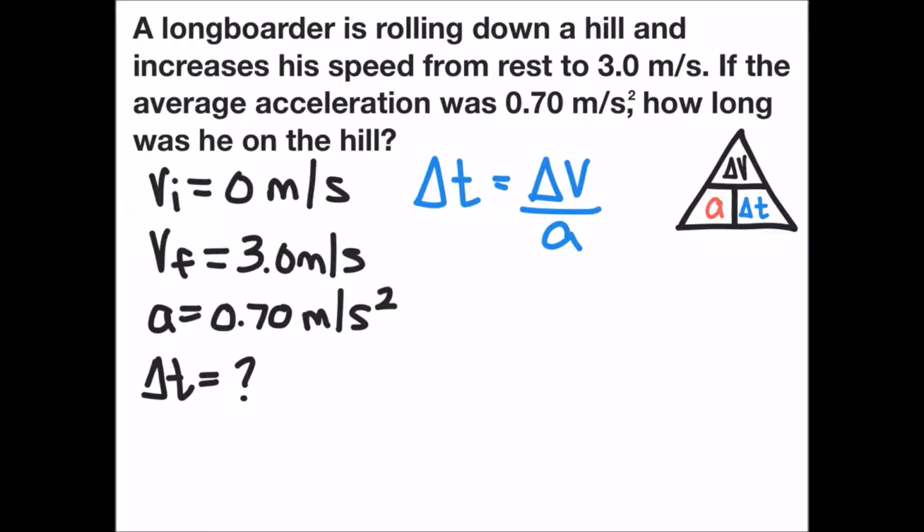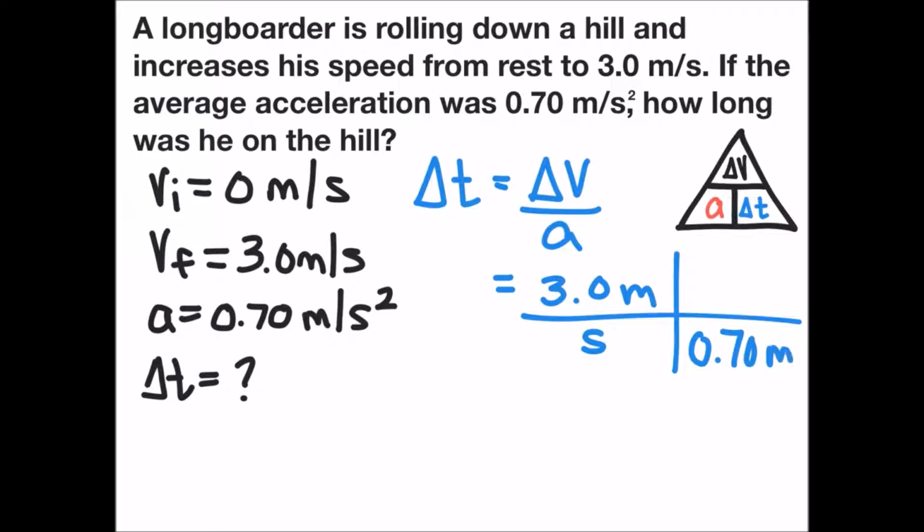Now we have to substitute our variables. Change in velocity is 3.0 meters per second. We're going to divide by acceleration using the factor label method, so it's 0.70 meters per second squared. We're going to check to make sure that meters on top will cancel with meters on the bottom, and seconds on top will cancel as we divide by seconds on the bottom. Doing that calculation, we're going to get our answer as